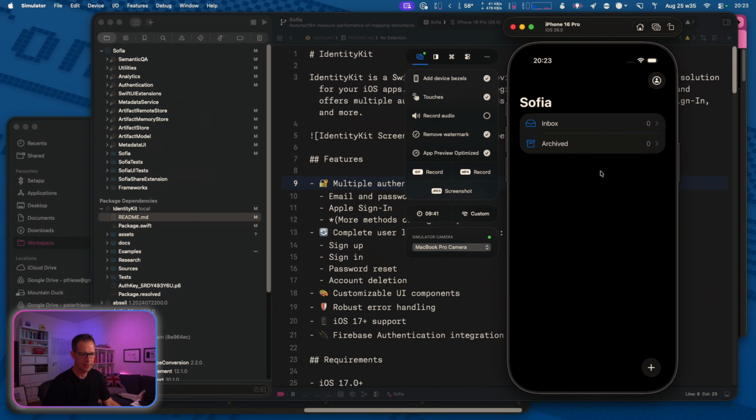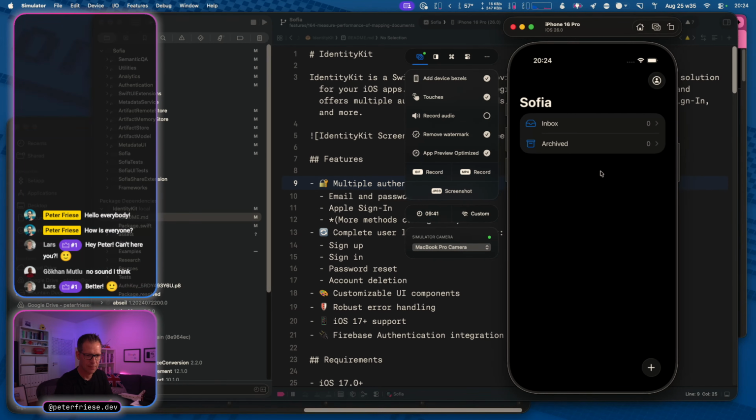And that is what IdentityKit is. It is an opinionated SwiftUI library that I built to make my life easier, and at one point I might make it available to the public. So without further ado, let's switch to the coding part. Oh, and also, because we're talking about